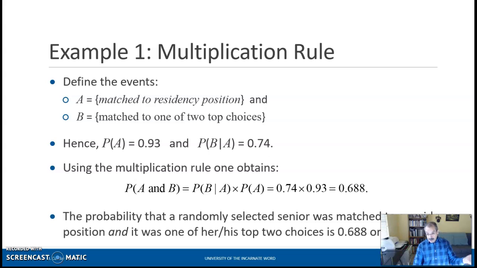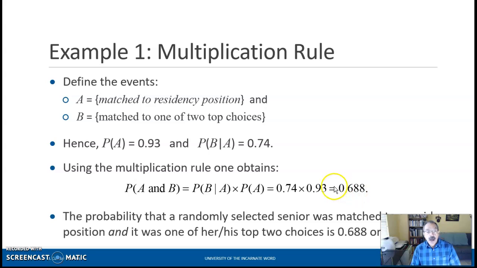So to answer the first question, they're asking us for the joint probability of match to residency position and match to one of the top two choices. That joint probability is just the product of the conditional probability times the probability of the event that we're conditioning on. In this case, it is the probability of match to one of the top two choices given that it was matched to residency position times the probability of being matched to residency position. That's 0.74 times 0.93. That gives us